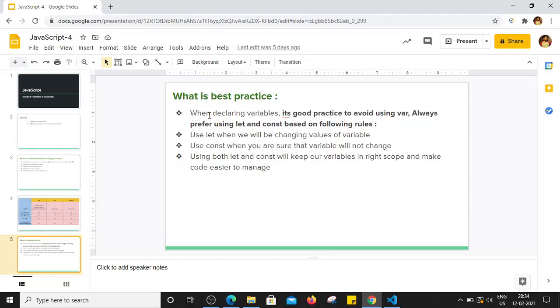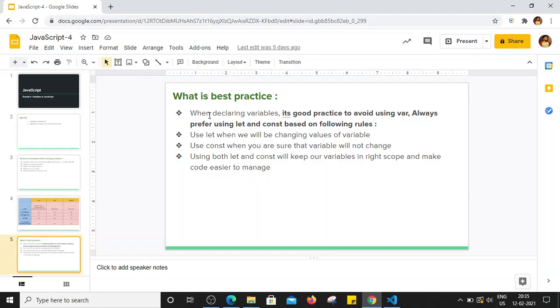We can use let whenever we will be changing the values of the variable, and we can use const when we are sure that the variable will not change. Using let and const keeps our variables in the right scope, and it makes the code easier to manage. Correct. So that's it about variables in JavaScript.